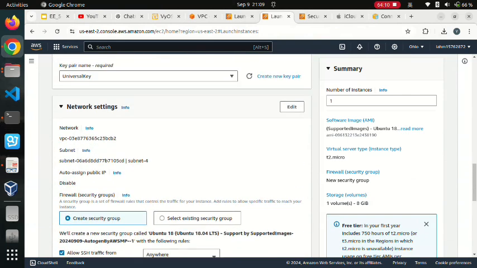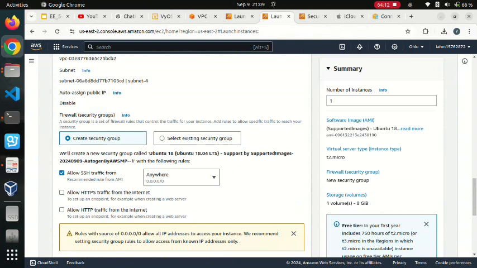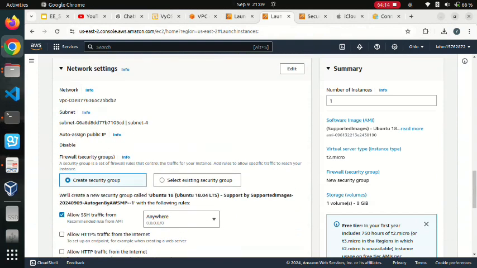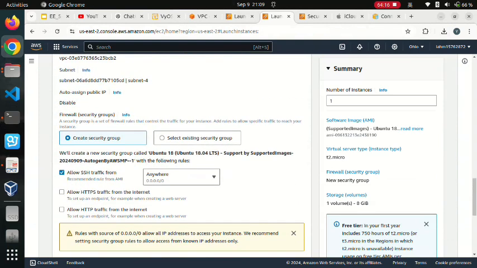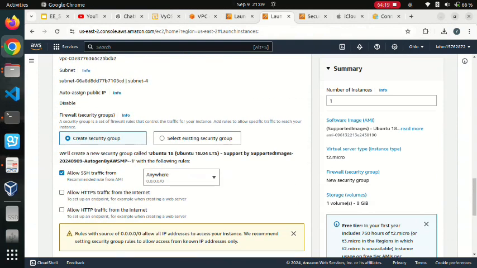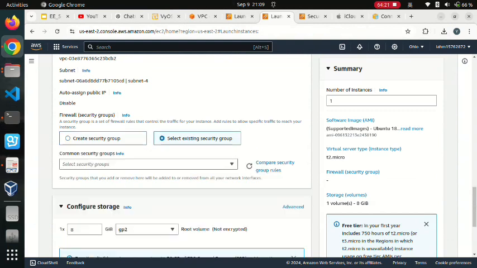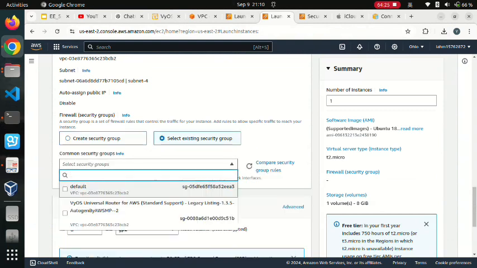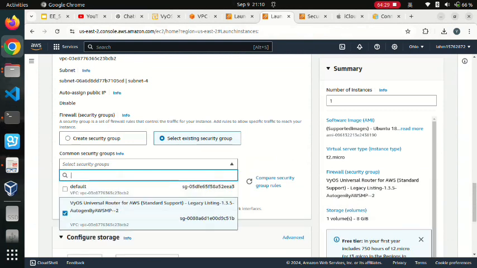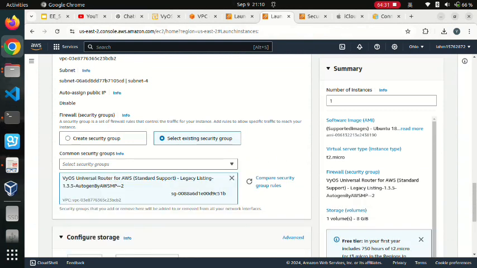And for the security group, I think I can create a new one and change this one. But I think using the old one is also okay. Let me just use this one because I have already configured this one, and the setting in this security group should be